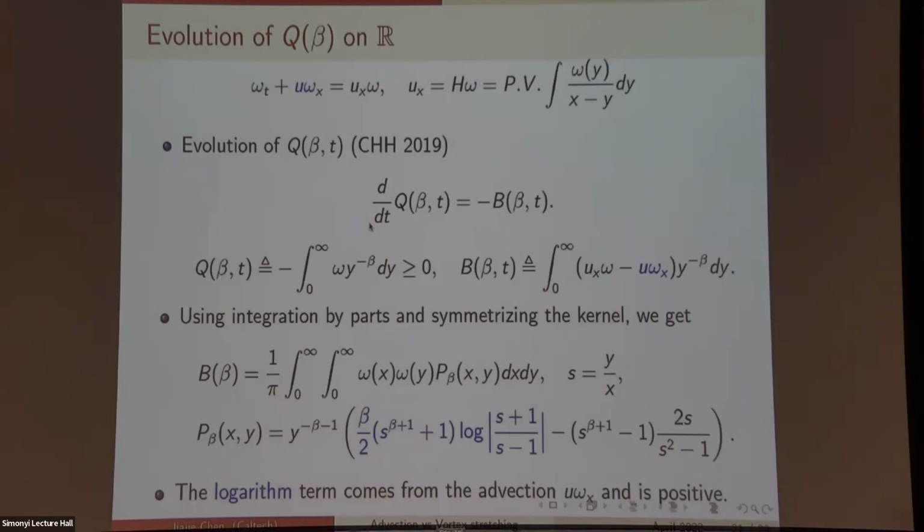So at this point, we see that this quantity actually captures the competition between the advection and vortex stretching. These two parts have opposite signs. Our goal is to show that this quadratic form is positive. This will allow us to show that this quantity Q is monotone decreasing. Once we have that Q is monotone decreasing, then we obtain this important a priori estimate. And also the positivity of this kernel will imply that the advection term is somehow stronger than the vortex stretching term. So this will be our second step, to quantify the effect of advection and vortex stretching.